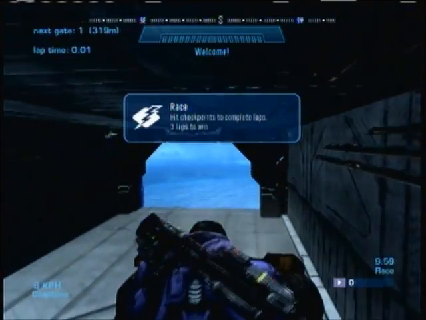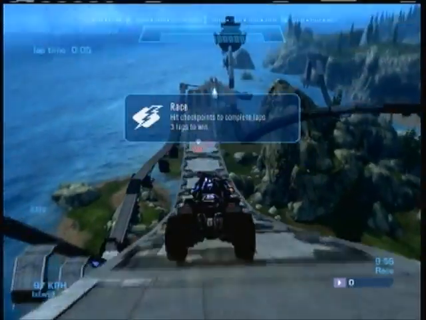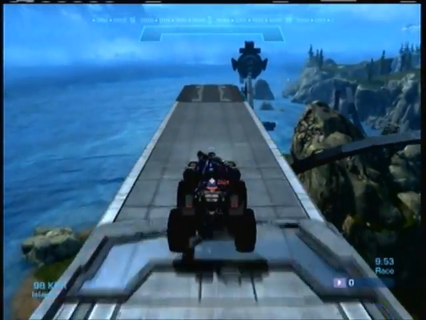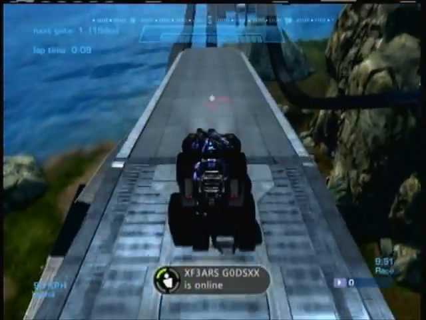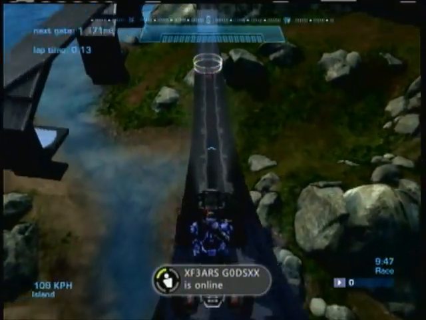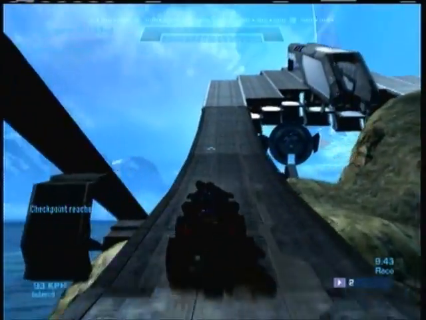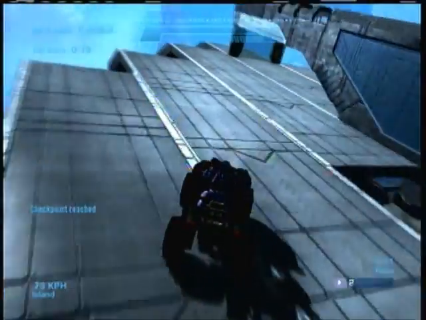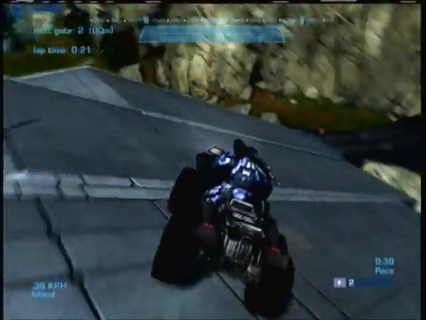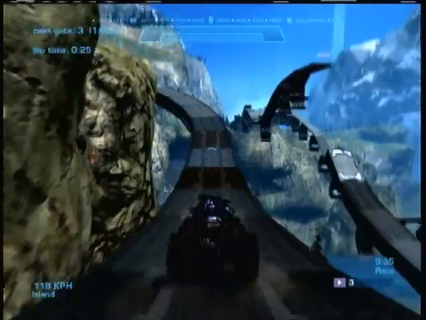This next map is called Witchcraft, and the one thing about this map is it is one of the first maps that I have seen with a 90-degree drop. This isn't it, but this is another one. You just fall straight down. And this map is not like his other maps. Usually his other maps have a lot of sharp turns and stuff like that. This one's more spread out and has a lot of